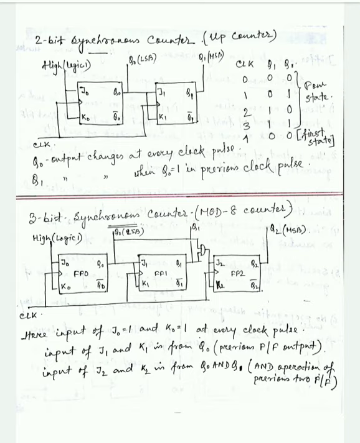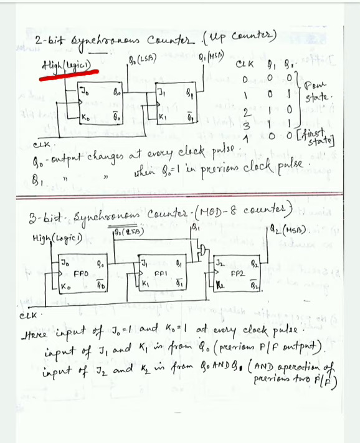Now we see the construction design. This is very easy. There are 2 flip-flops, the first one is marked J0 K0, and the second flip-flop is known as J1 K1. Its outputs are Q0 and Q1. As it's 2 flip-flops, the first flip-flop gets input from outside, and the input will always be 1. High means 1 value. Why do we give the input of the flip-flop the value 1?